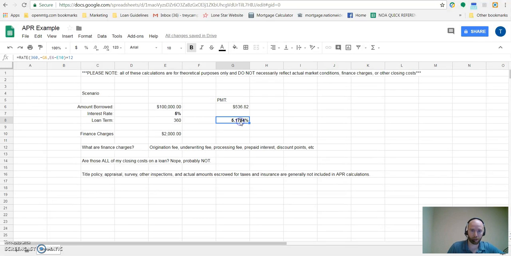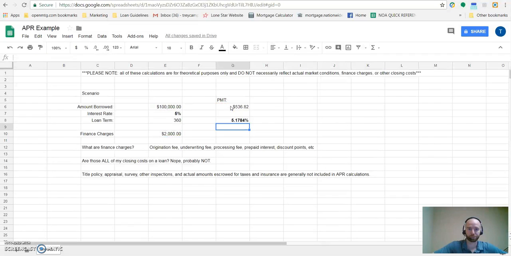Now, if we work our way backwards into this and solve for the APR, we're borrowing $100,000, but it's going to cost us 2 grand to get that. And so effectively we're only really getting $98,000, and so we can work backwards. A simple rate formula calculation in either Google Sheets or Excel will get you there. And we can see that the APR is actually